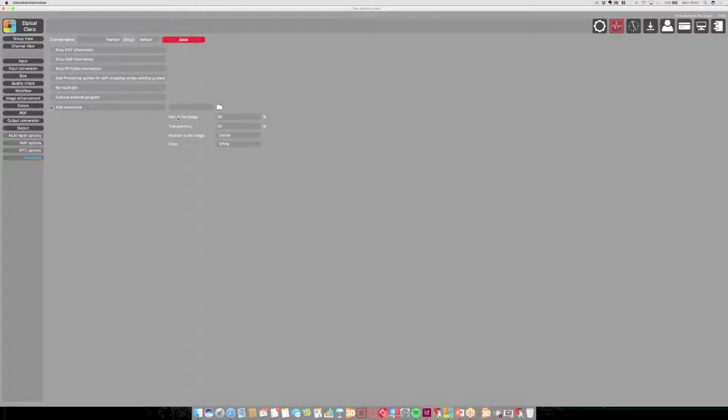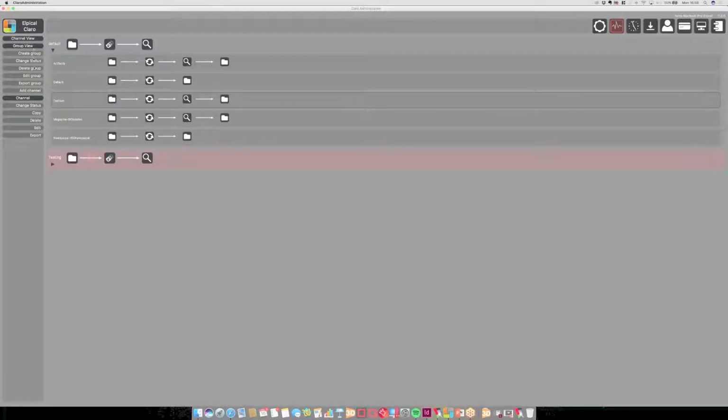I can also add a watermark here, so I can add an image to a part of that image, whether that is copyright information or a logo, and define the size, the transparency, position, and the color of that image. Right, so that has given us a view on a processing channel. I quickly want to show you